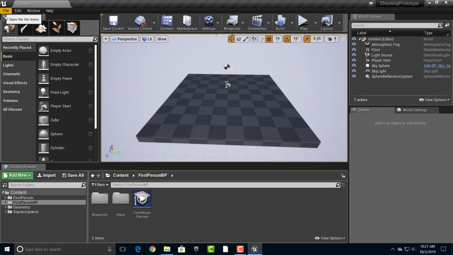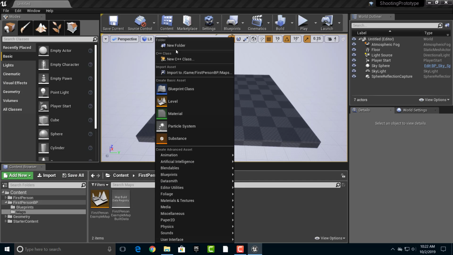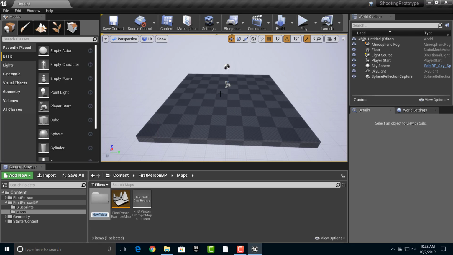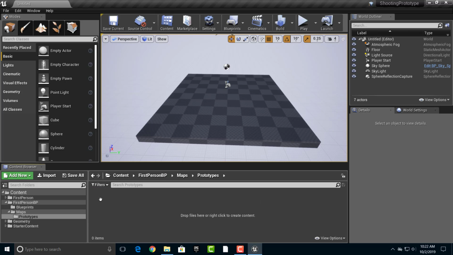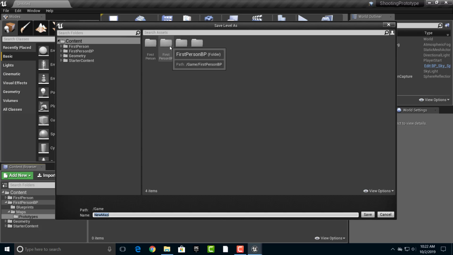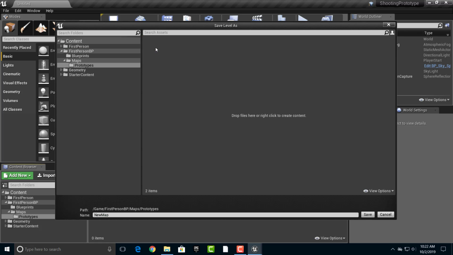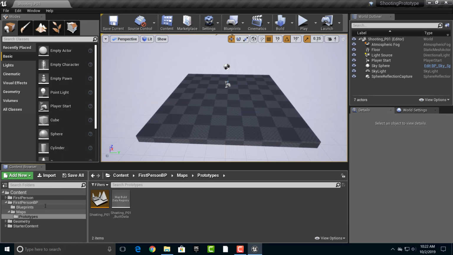And while we're at it, let's go ahead into the maps folder here. Let's create a new folder and we'll call it prototypes. And within that prototypes folder, we will actually save this map. So we'll go to maps, prototypes, and we'll call this shooting underscore P01. Okay, so we'll just start off with the P01 here, and that way we'll just continue to use our